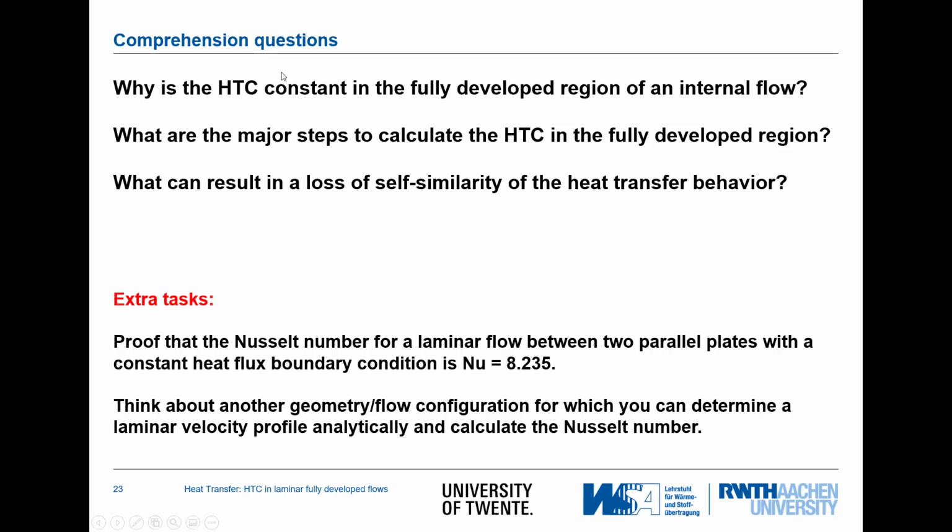You have seen in one of the slides that the Nusselt number for parallel plates is 8.235. If you like, you can try to calculate this by yourself, prove this by calculating the velocity profile and the mean caloric temperature, and then rearranging this to the Nusselt number. And maybe if this is not too complex for you, then you can think about other geometries and flow configurations for which you can determine a laminar velocity profile analytically and then